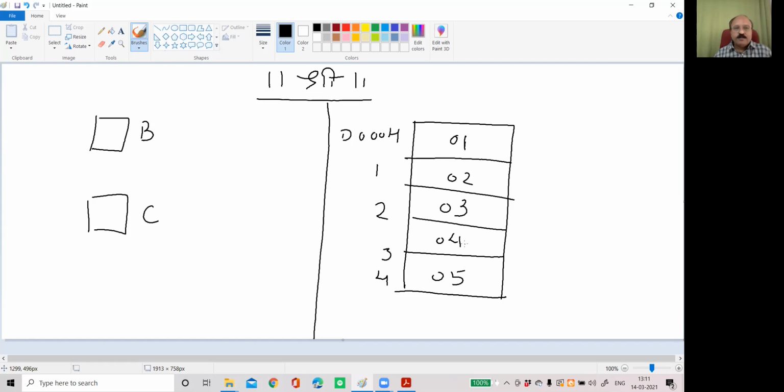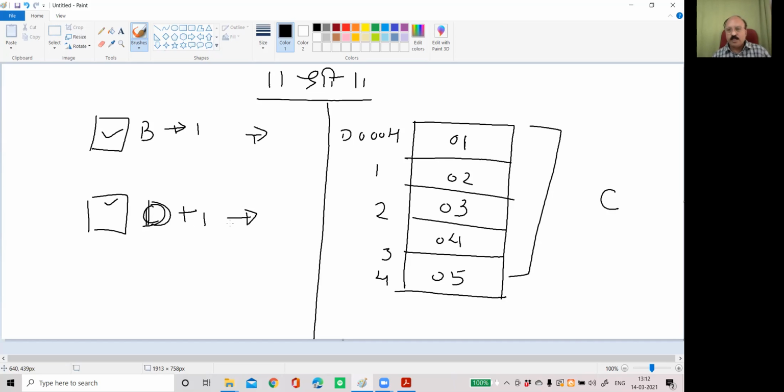We will use B for odd and D for even, and for the memory location count, we will use C. If the data in this memory location is odd, then B will be increased by 1. If it is even, then D will be increased by 1. We will go on checking this till C becomes 0 and then move the content of B to one memory location and content of D to another memory location.